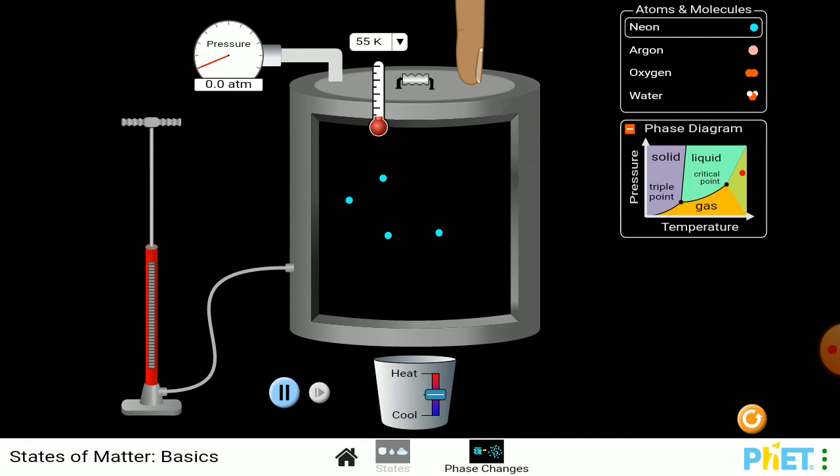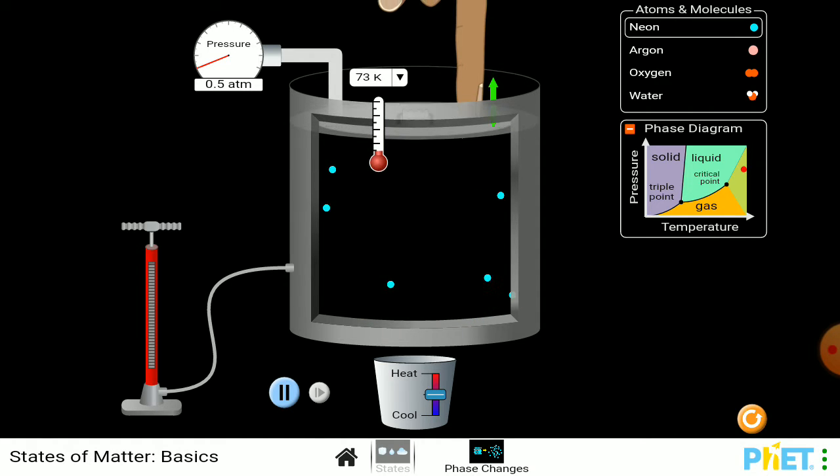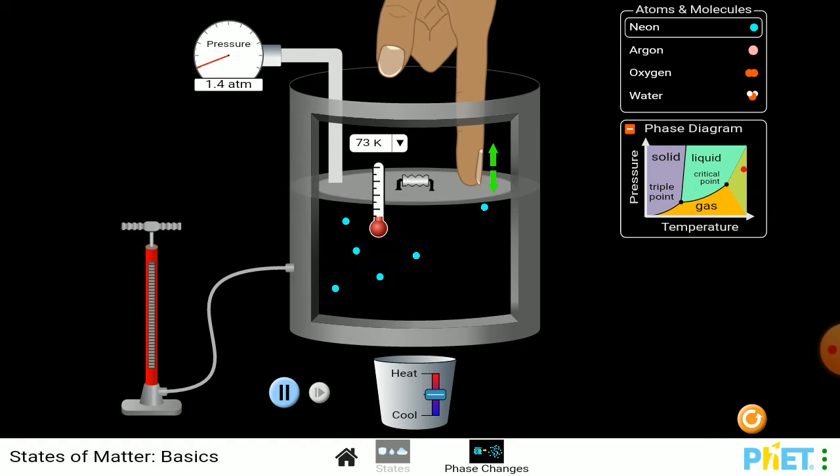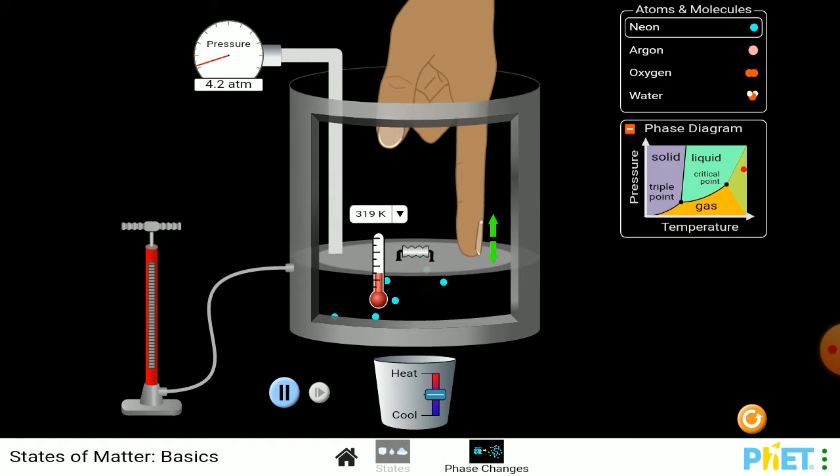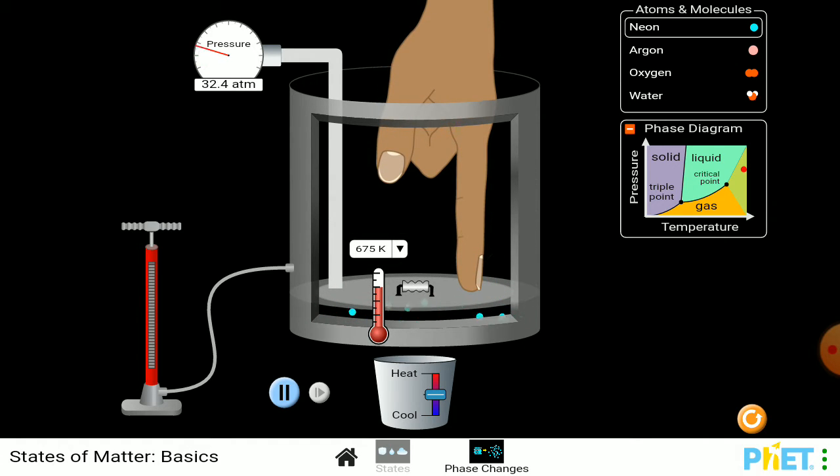Fine. This phase diagram you can also see here. These are what we call phase changes. Let me keep the pressure the same as it was. And now you are seeing what is happening. Because there are very few molecules, they are trying to break, but they are not able to break in. And whenever you put a substance and apply more and more force or pressure, the same happens.